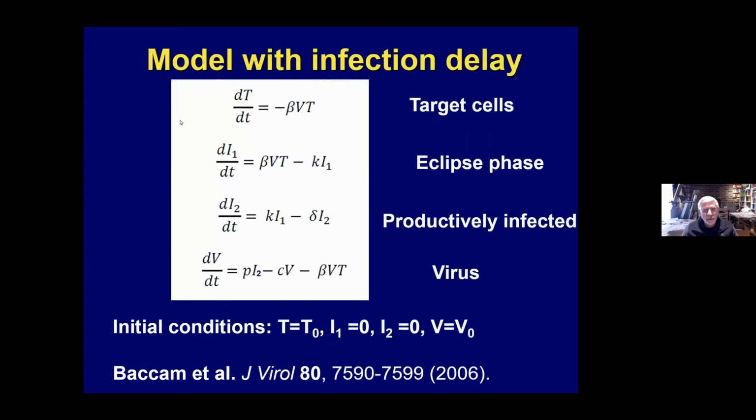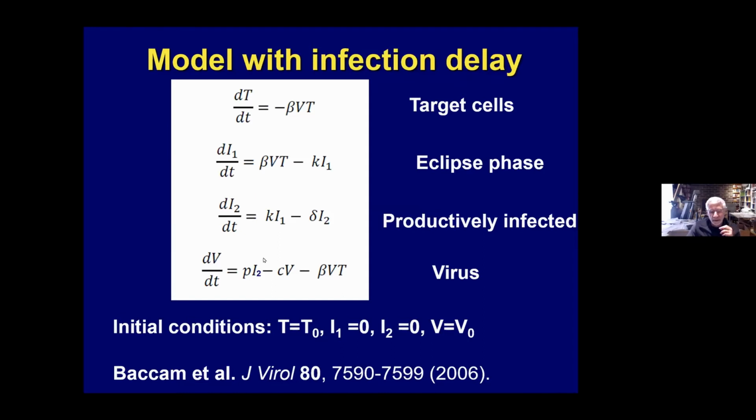We found one problem with it, in that it made predictions about the lifespan of infected cells that was too short. And we think the reason for that is we left out a very important part of the life cycle called the eclipse phase, which is the time from when a cell is infected till it actually starts producing virus. And that can be many hours to a day or more, depending upon the virus. So we've split the infected cell population into two subcomponents. The first one, I1, doesn't make any virus, and it goes into class I2, which are, quote, productively infected cells